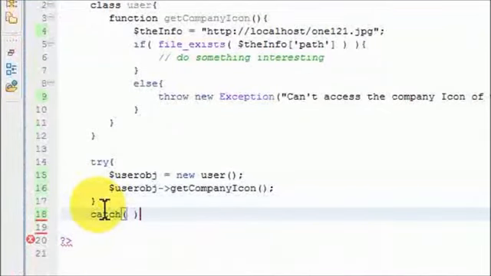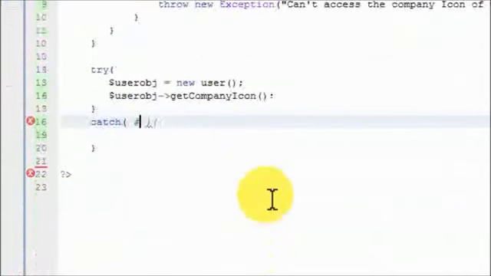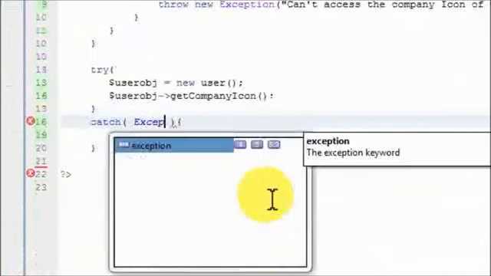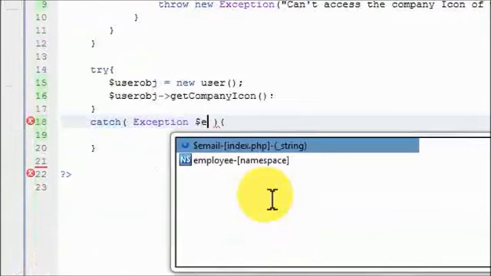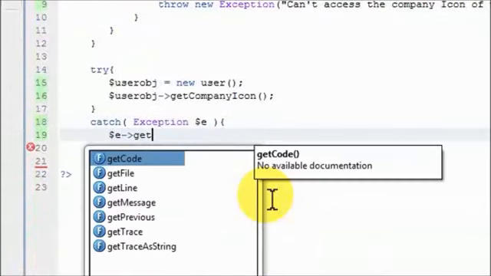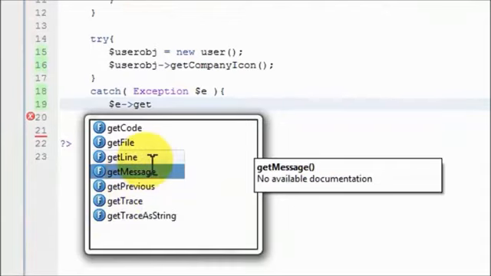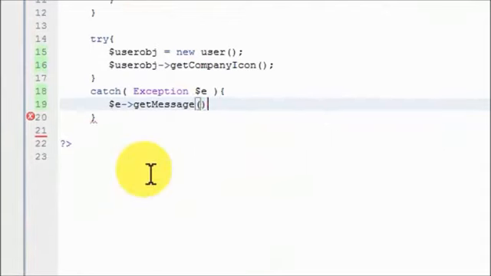So I create a catch block like here, and I'm expecting an exception object, so I'll call it E, and I'll say give me the get. As soon as I type get, my IDE gives me all the methods that belong to this object, and I want getMessage for now. I'll say get message, and after that I can also say